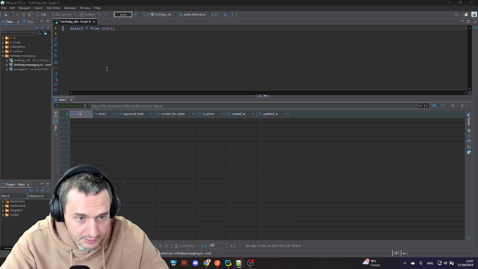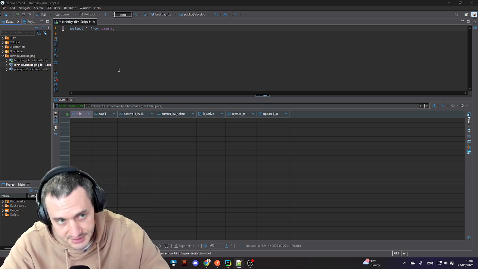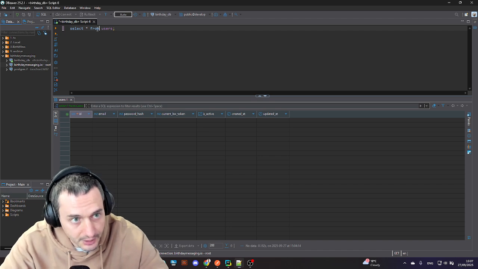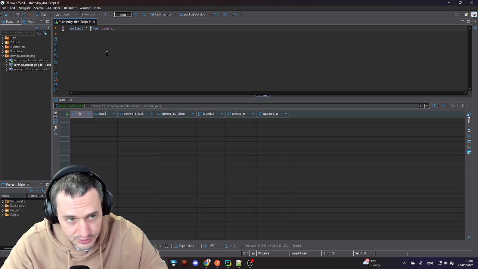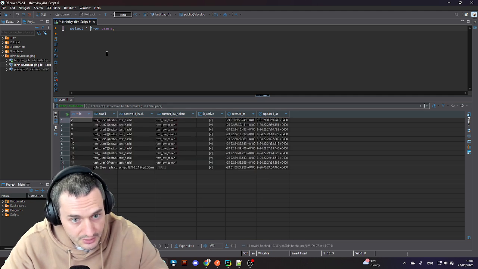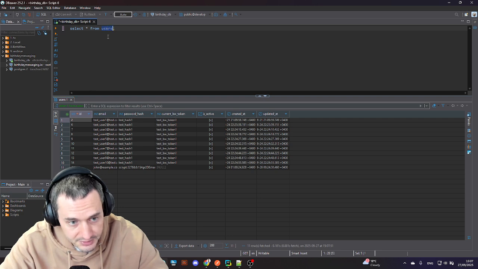First of all, we created a table for customers, for our new users and probably users that we already have, and we populated this table with some fake users, which was necessary in order to continue our development and use this data to develop endpoints and an API for the front end. So basically this is how it looks. The table is called users. Inside of the users, as you can see, we have at least 11